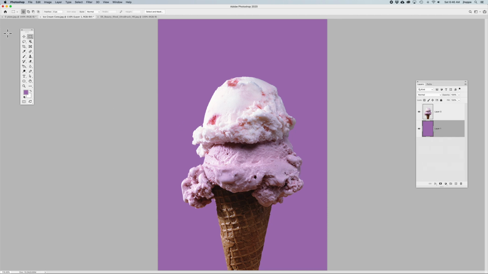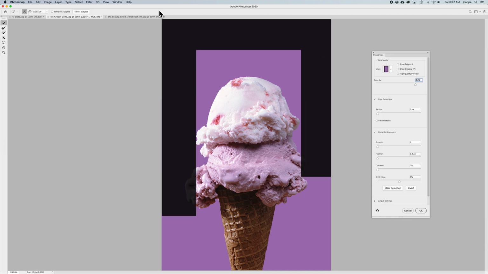So I'm going to grab my rectangular marquee tool, and I'm going to draw a selection behind this ice cream cone. Now I'd like to fill it with this medium pink here, but I'd like to soften this selection. I'd like to feather this selection here. What I'm not going to do is set the feather here in the options bar because I don't know what it actually looks like. So with my selection active, I'm going to go to Select and Mask,